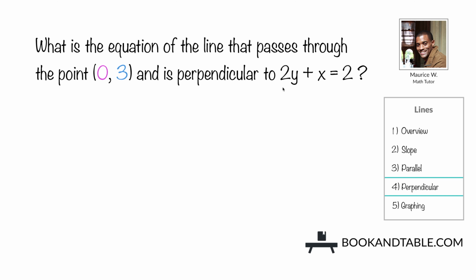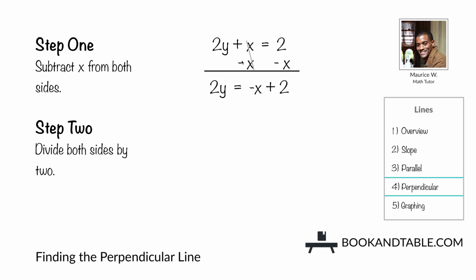So we'll want to change this to slope-intercept form so that we can figure out what the slope is. That will help us figure out the slope of the line we're looking for. And we can use this point. We then use that slope and this point in the point-slope form to figure out the equation of this line that we're looking for. So the first thing, we want to take the standard form and change it to slope-intercept